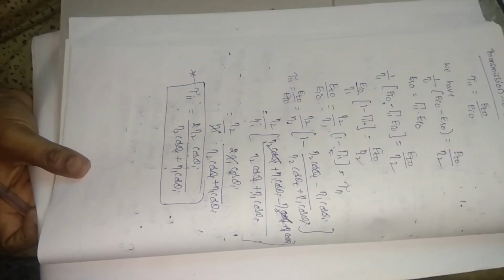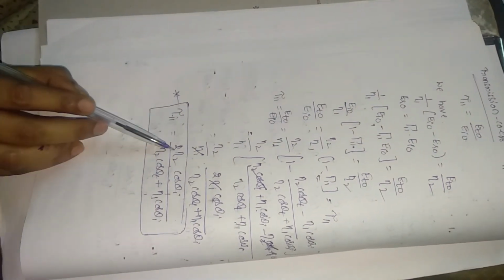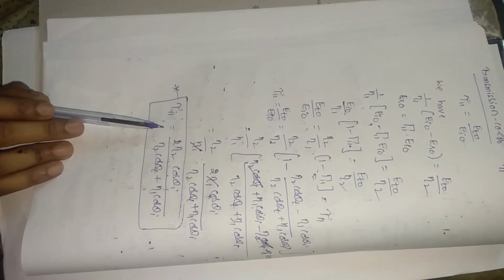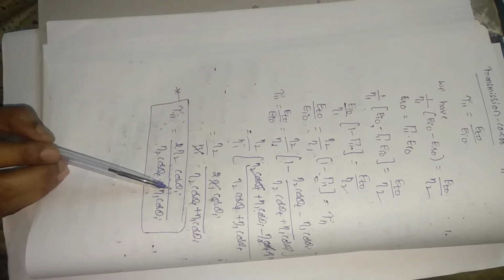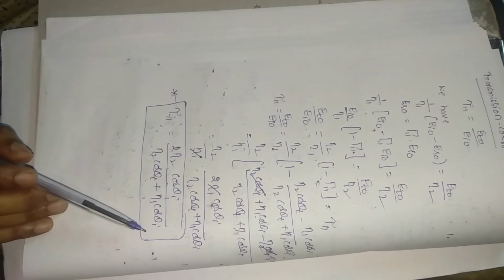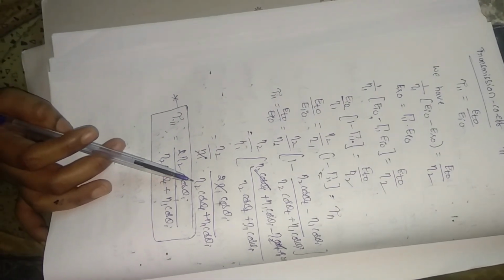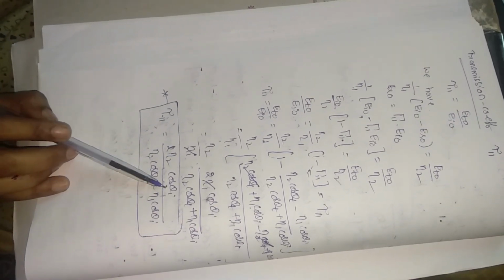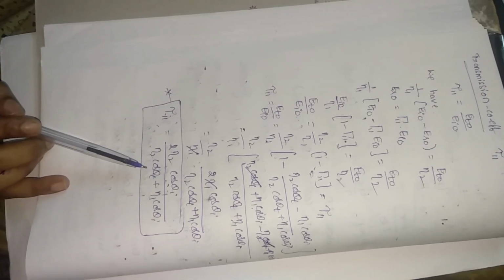So if you observe, we derived the transmission and reflection coefficients earlier also. There the transmission coefficient is 2 eta 2 by (eta 2 plus eta 1). But here the transmission and reflection coefficients have been derived with respect to angles. So why all these angles? In order to get low losses, or to get faithful EM wave propagation through a lossless medium, we need to make the wave incident at a certain angle. So depending upon this theta I only, theta R and theta T are going to change.